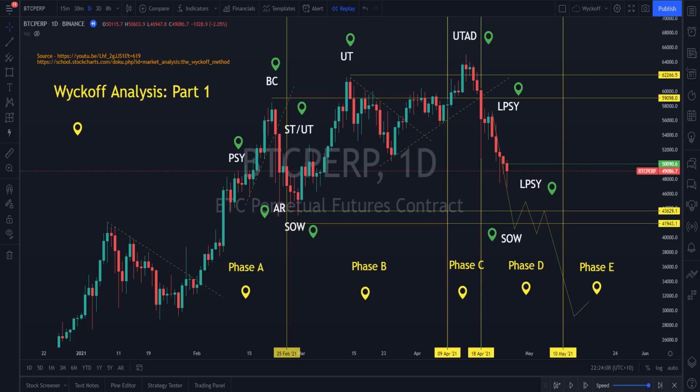I think a lot of people get very stuck in terminology. As a former lecturer in statistics, I'm really against that. I think people need to feel the knowledge in their bones and understand what it means. If you do that, you can apply it. You notice that there's phase A, phase B, phase C, phase D, phase E. I'll explain what those are in a moment, but I just want to explain the psychology of this fear and greed cycle playing out. Now, what does this mean?